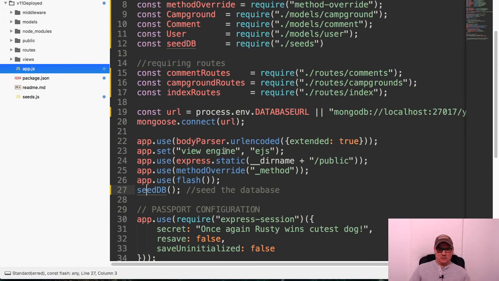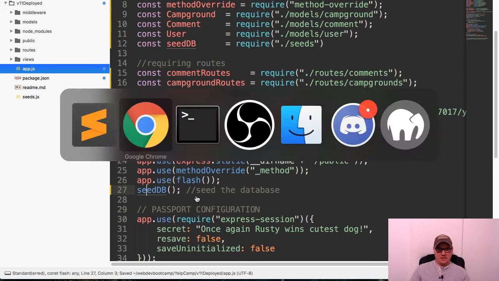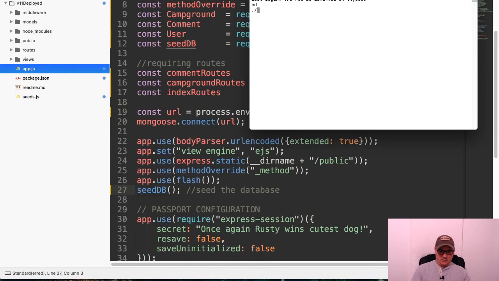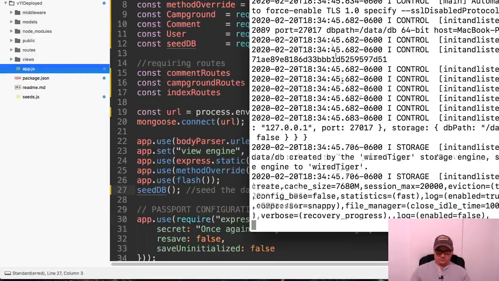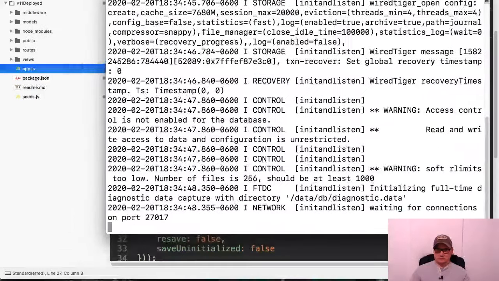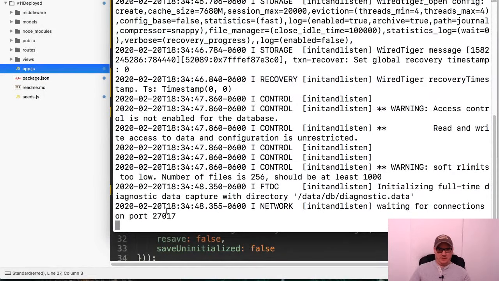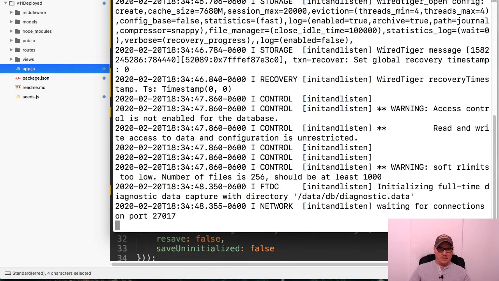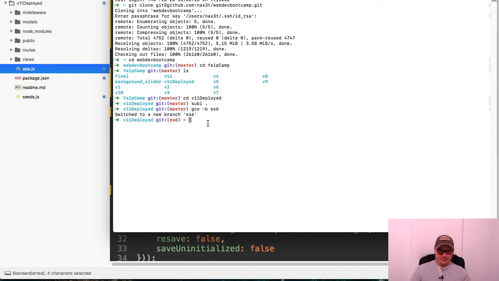So let's save this, and then let's go run this and see what happens. Now we need a database that it can connect to. So let's go ahead and get the Mongo daemon running. And now it's listening on 27017. That's where I got that port from earlier, right over here where I added this port number. And so back over here in the main directory,